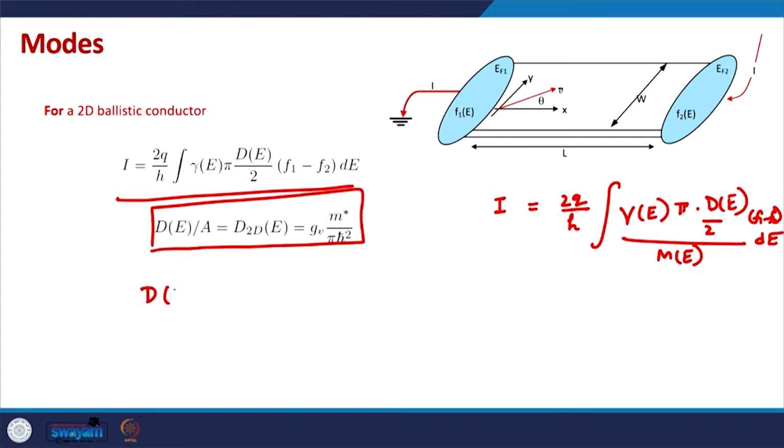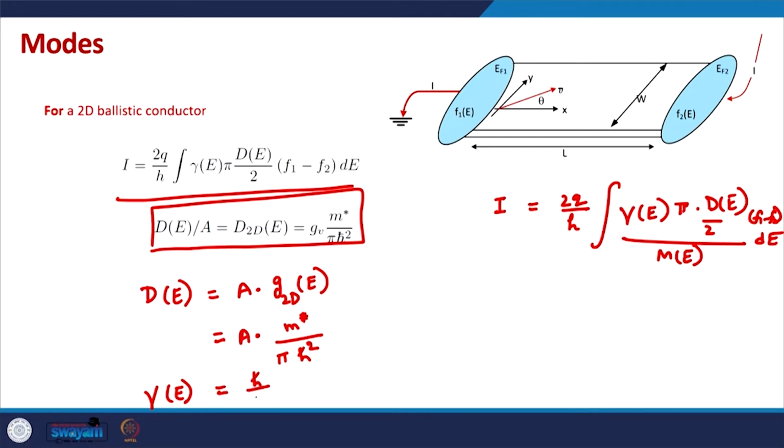In a 2D device, dE is area times the density of states G2D, which means area times m star divided by pi h bar square, and gamma is given as